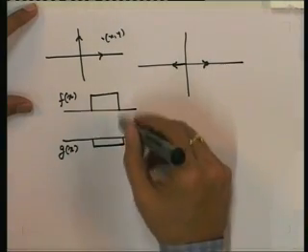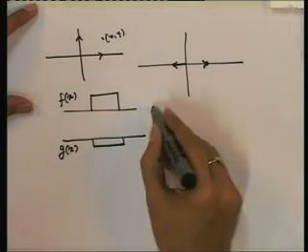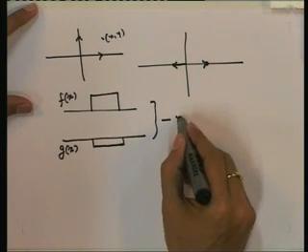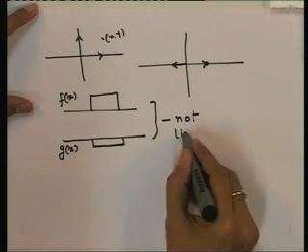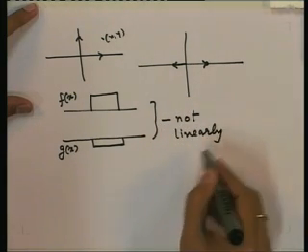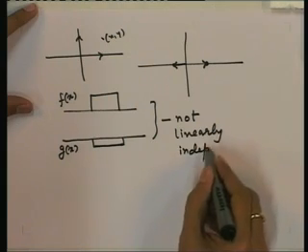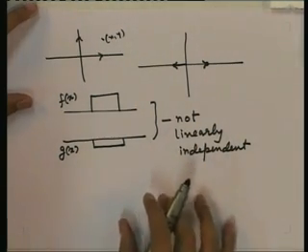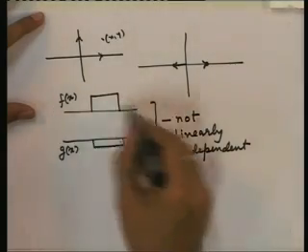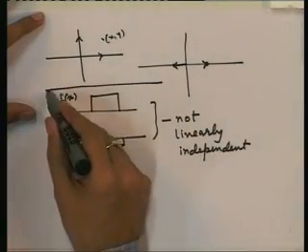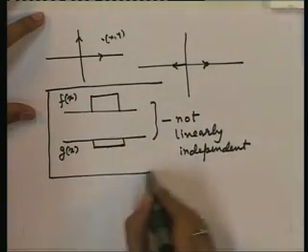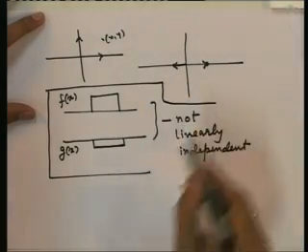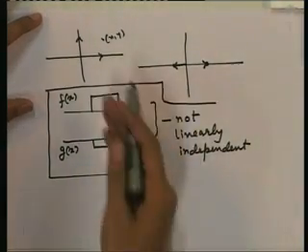So, these two vectors, these two functions, are not linearly independent. Okay. So, these are some examples which will come to very good use in digital modulation,